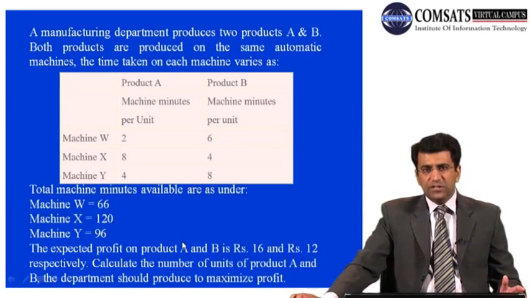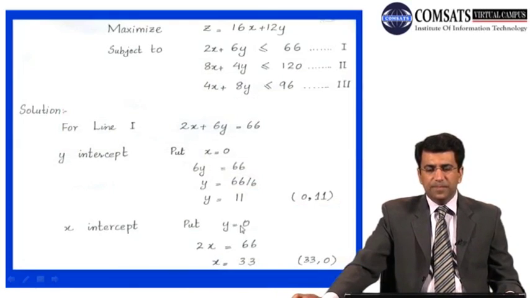So again, we analyzed this particular situation, and finally we have the idea that we want to maximize the profit. Second, we have the different constraints. In this particular case, there are 3 constraints, and we'll have to maximize our objective within the limits of these constraints. So let's again solve this question. The method is similar. Again, we will use the graphical method.